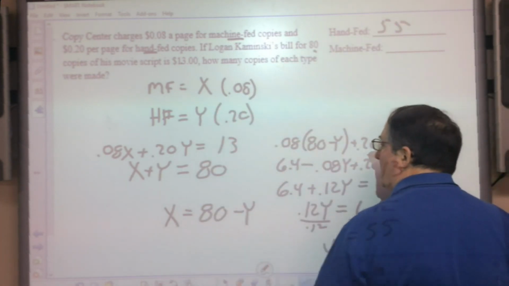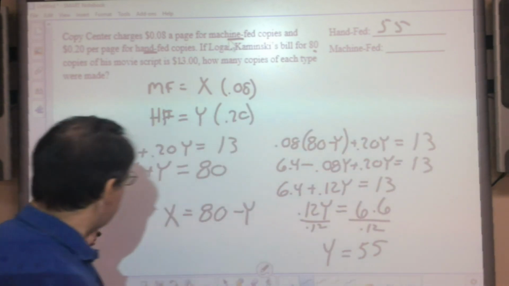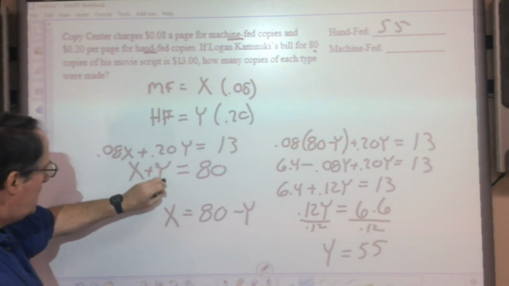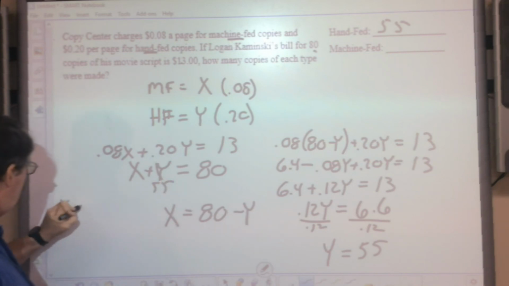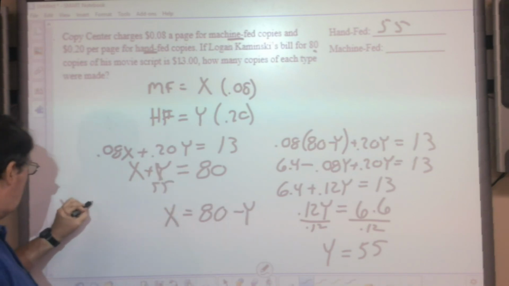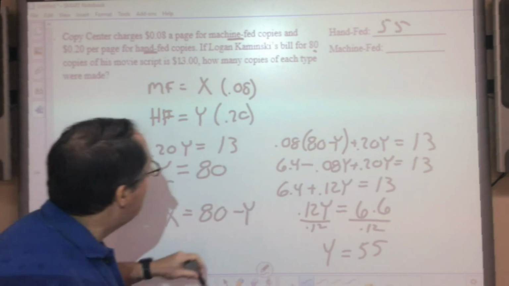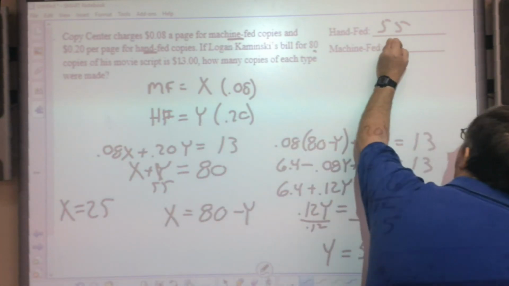If the total number of copies is 80 and 55 of those are hand-fed, we solve for x, which is going to be 80 minus 55, and that gives you 25 copies for